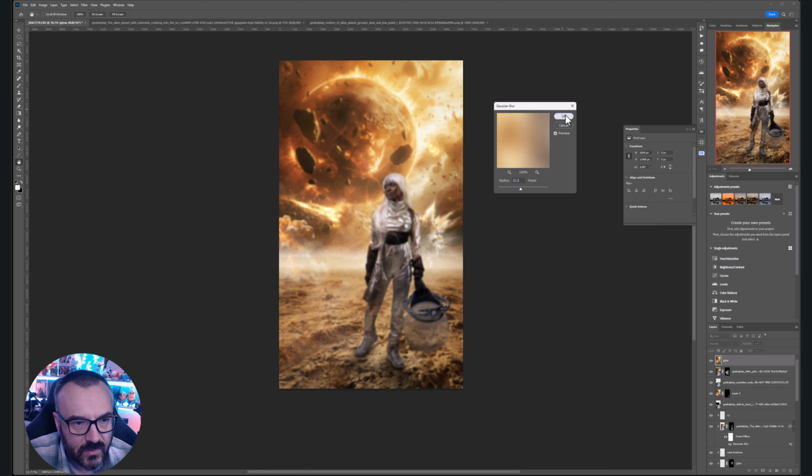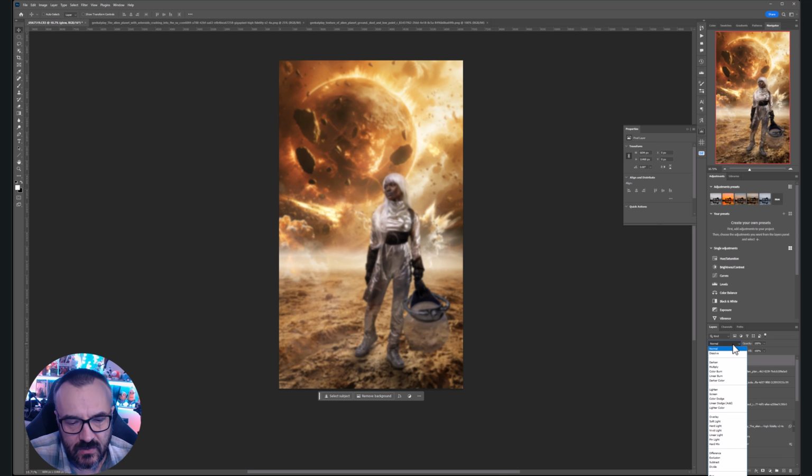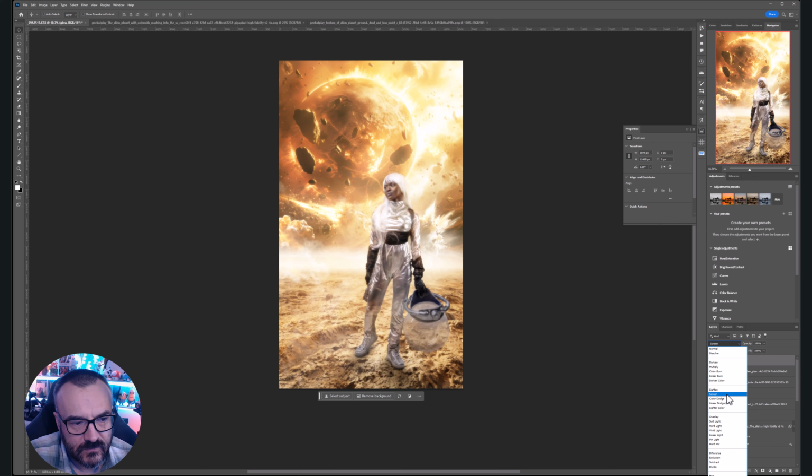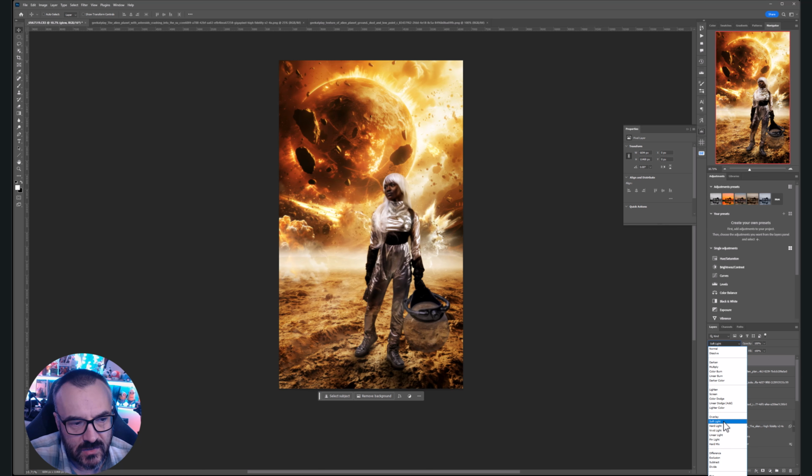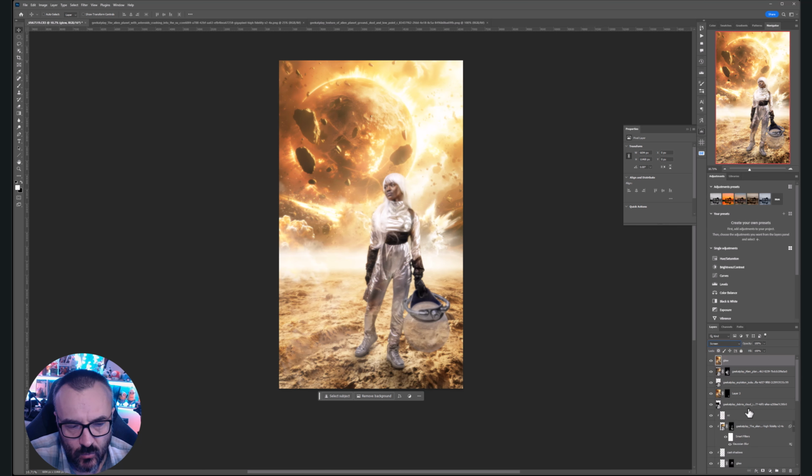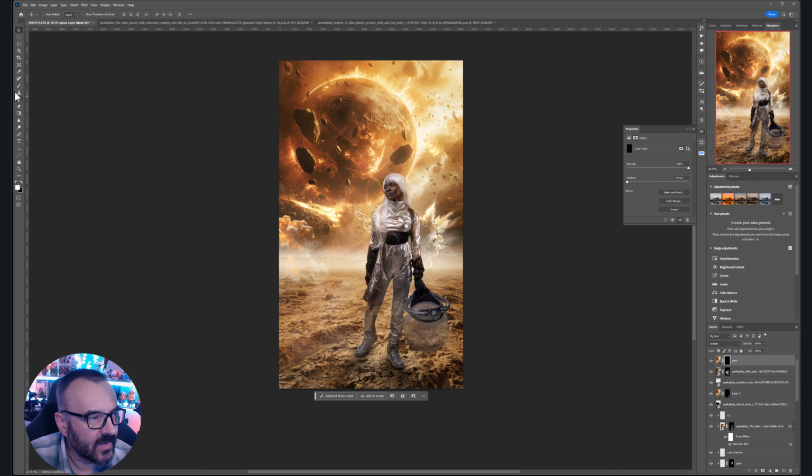Just play around. And let's set this specifically to screen. So you see how bright. You can also try soft light, but screen will work better. And to hide, press Alt or Option, hide from this. Take our brush and just add a little bit of glowing where the explosions happen. Like right there, see white? So we'll just add